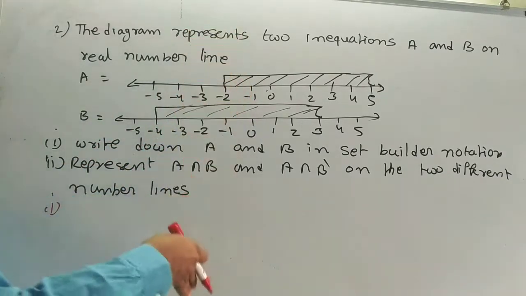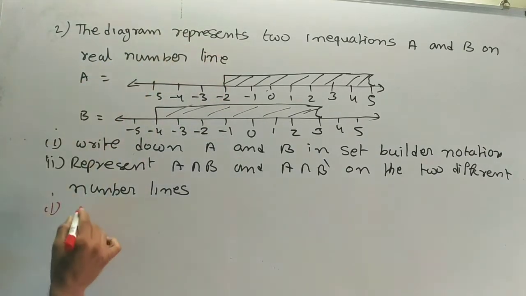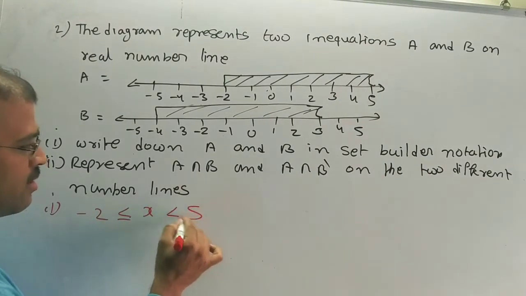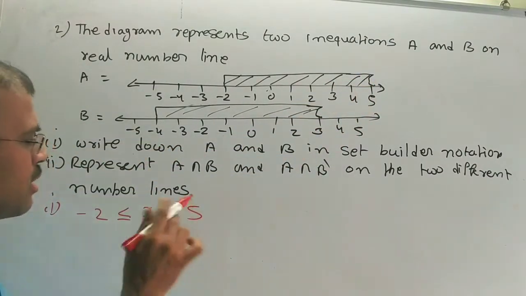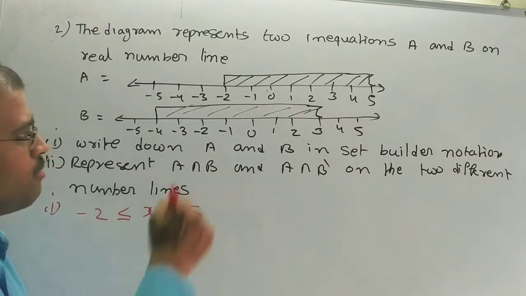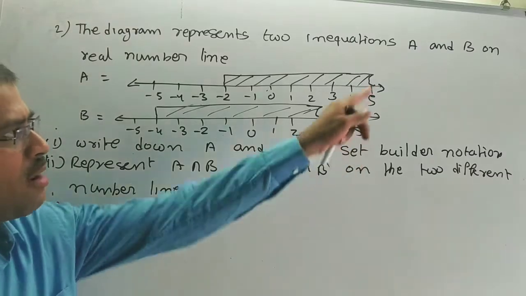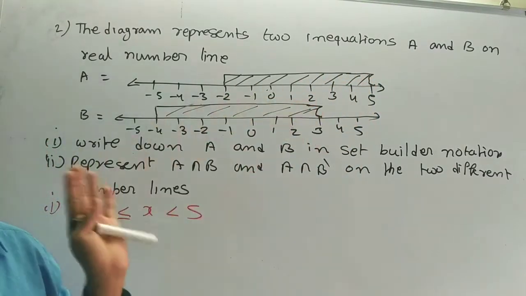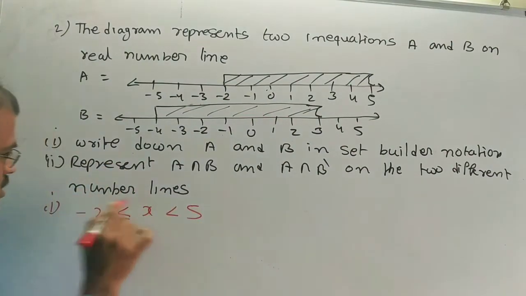When you look at the straight line like this, you need to understand that minus 2 is included. Minus 2 less than or equal to x less than 5. On the 5 side you put a half moon type, which means it is not included. If the number is included, they will write the straight line. If the number is not included, they can write the half moon, or shaded half moon, or whole circle. Now this is for the A value. This is for the A.